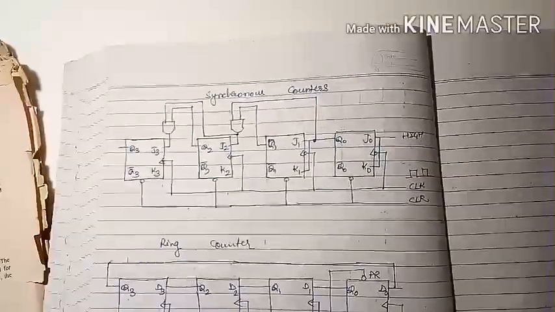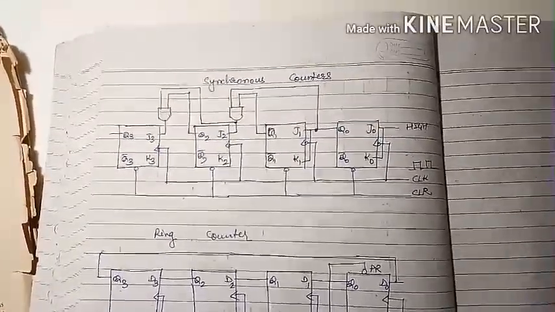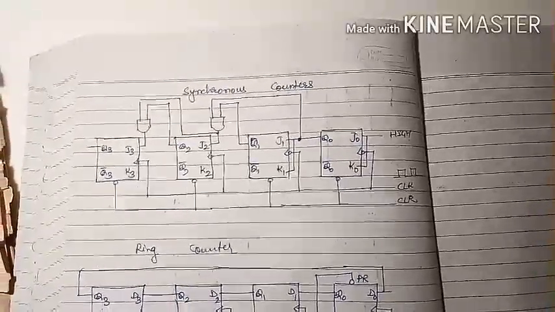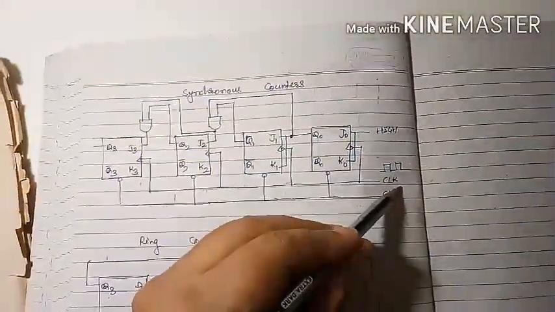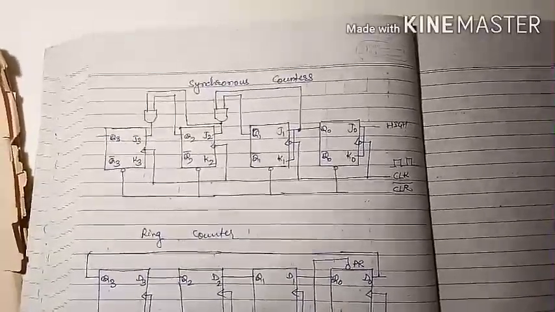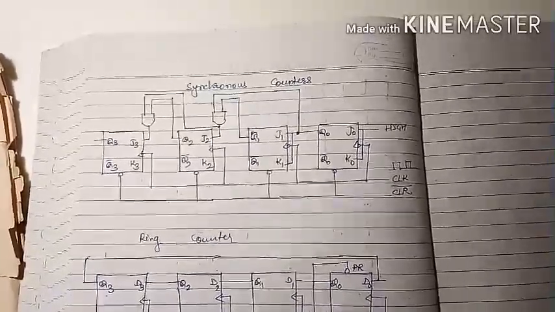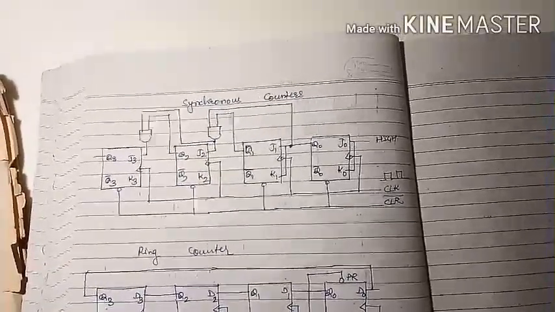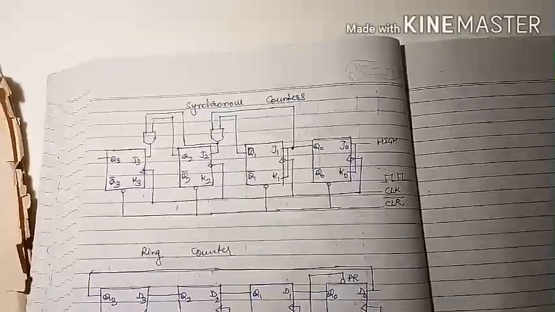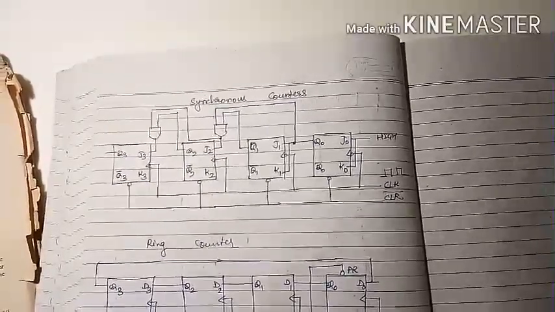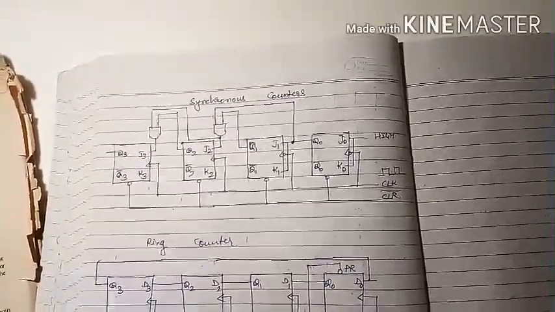So here is the counting action. A low CLR bar resets the counter. You can see the CLR signal here. This is a CLR bar. This resets the counter. It means the count becomes 0 0 0 0. When CLR line goes high, the counter is ready to count the pulses. The first positive clock edge sets Q0 to get Q as 0 0 0 1.